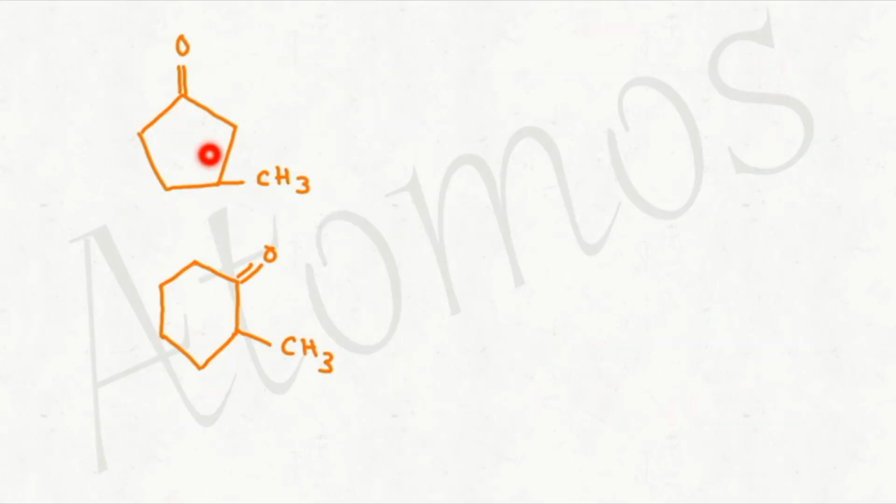Yes. Now see this compound. Here the keto group is directly attached to a cycloalkane and at the same time substituents are also present. Okay, so how to name this compound? We will have to give more priority to the functional group attached carbon atom. Okay, so that one should be given number 1. Right, this is 2, this is 3, 4 and then 5. Yeah, see here one substituent is also present. The name of the substituent should be told first. So how to write that? That is nothing but 3-methyl.